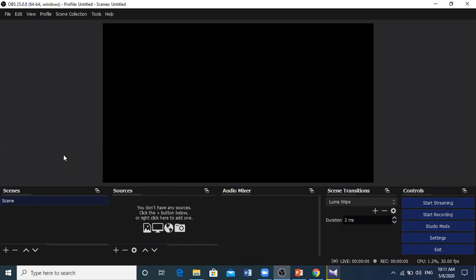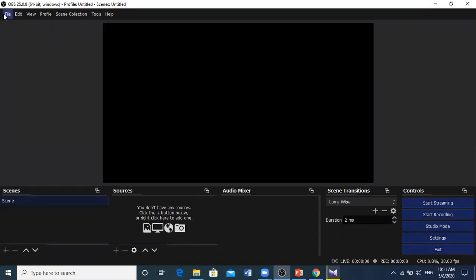If you have installed OBS software in your system, and if you are opening it for the first time, the OBS page looks like this. Like all other software, we can see that n number of options and features are available.